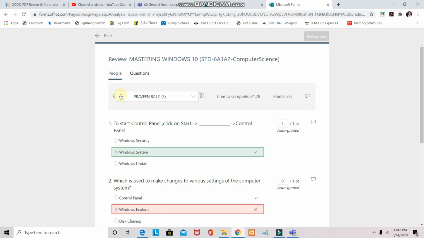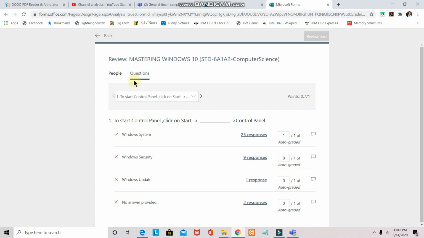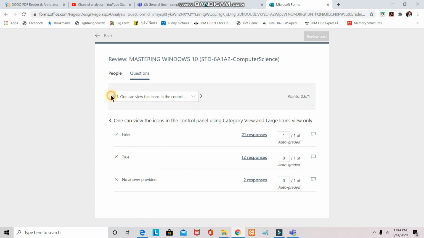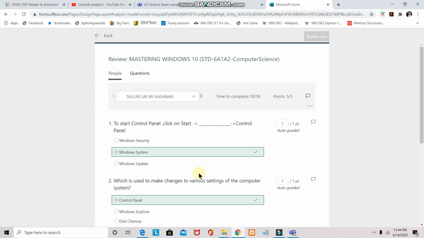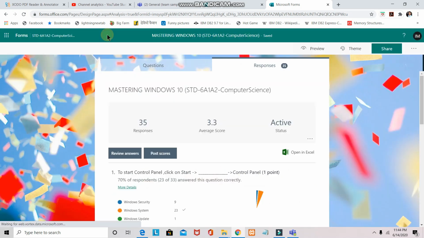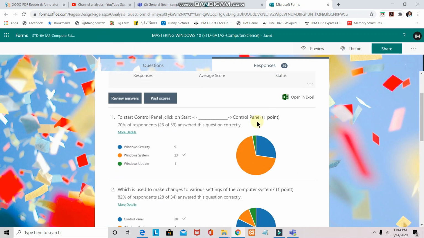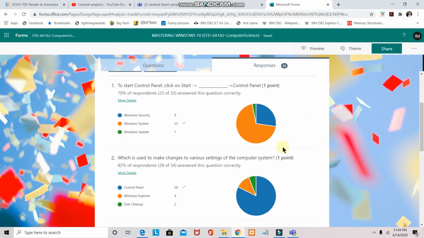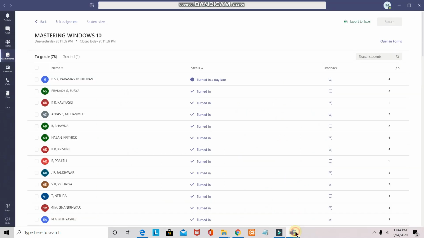So hope this is clear. This is the name of the student and the answer. And if we need to see the question also, we can see the question. This is the first question, how many responses we got, second question, third question, and it goes on like that. So if we see the people, each and every person's paper can be reviewed. If I am clicking back, I can see the page which we have seen lastly. So this is one type of assessing how the student has understood the particular topic.